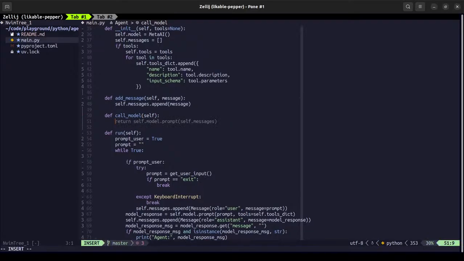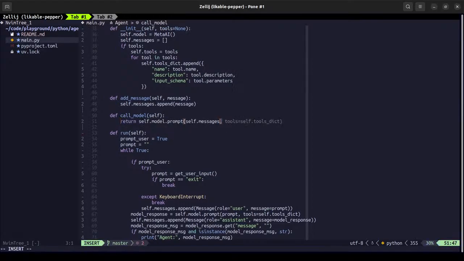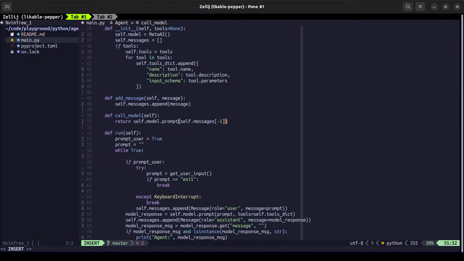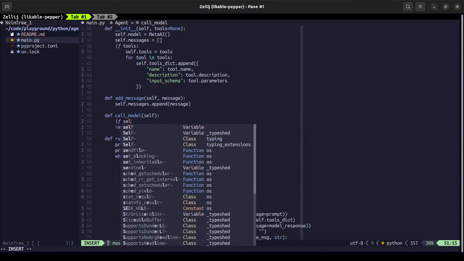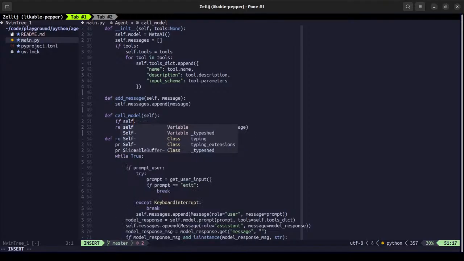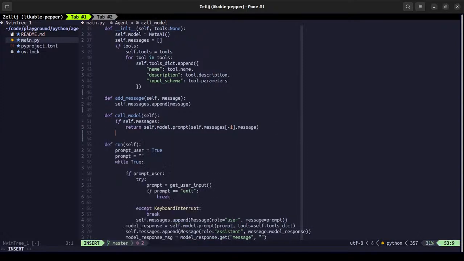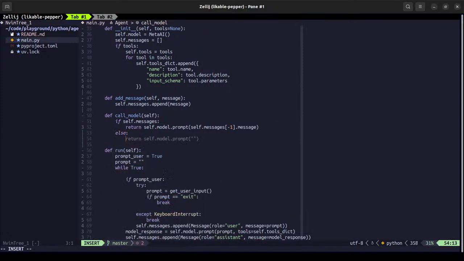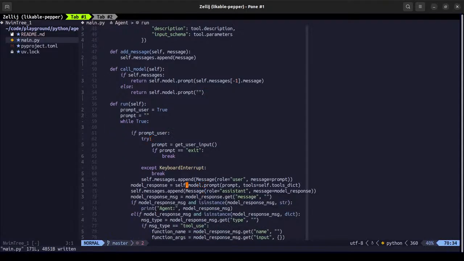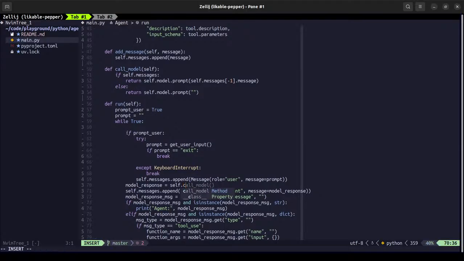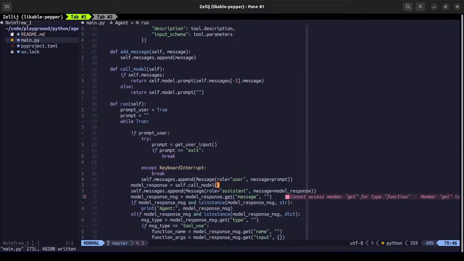So what it will do is, from the last, if self.messages and else. So instead of calling it here, we'll just call self.call_model, and that is it.